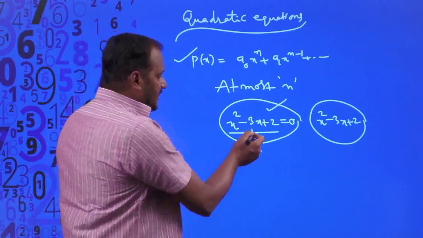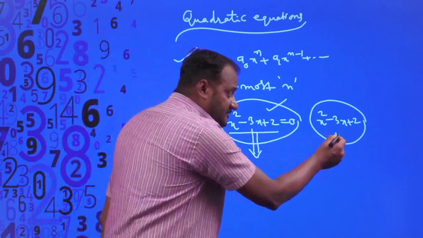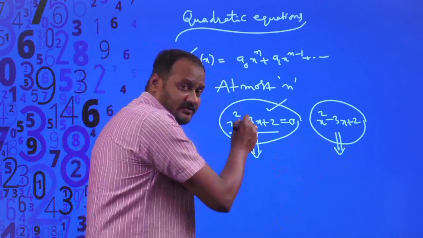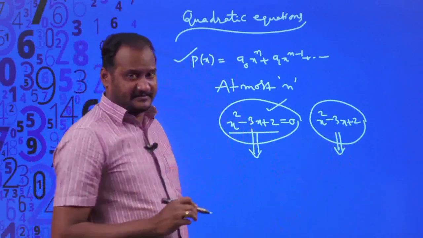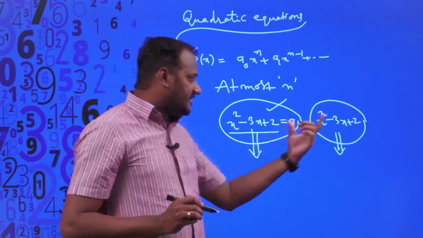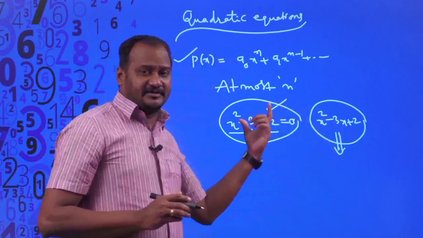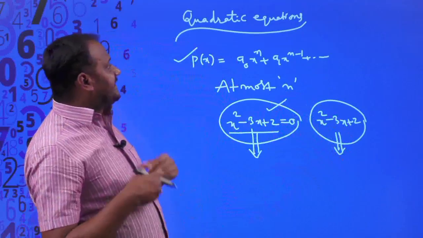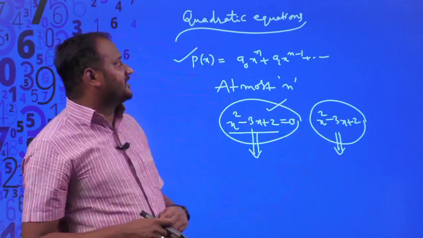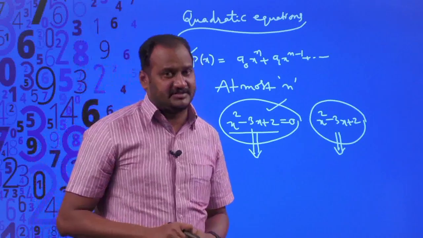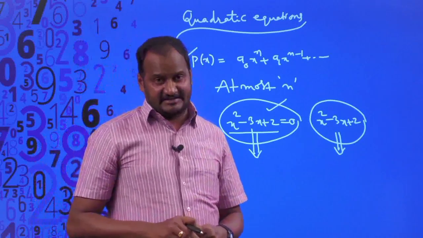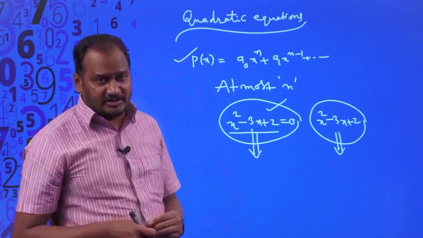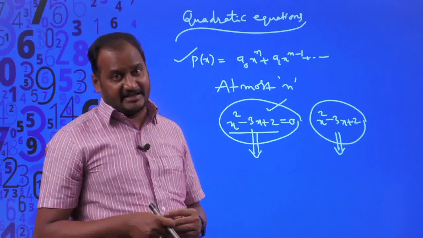So now whatever the zeros of this polynomial are said to be the roots or solutions of this quadratic polynomial equation. So that is the only difference between a polynomial and a polynomial equation. Got it? Now we are going to describe more about quadratic polynomial equations, and in different cases whether it is really possible to figure out the roots of any quadratic polynomial by the splitting middle term method